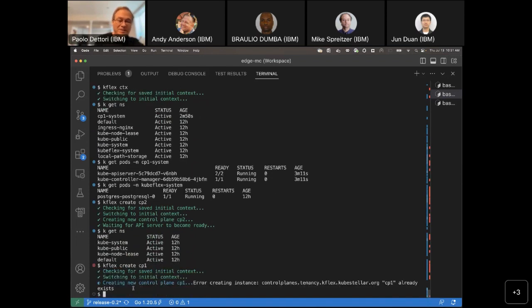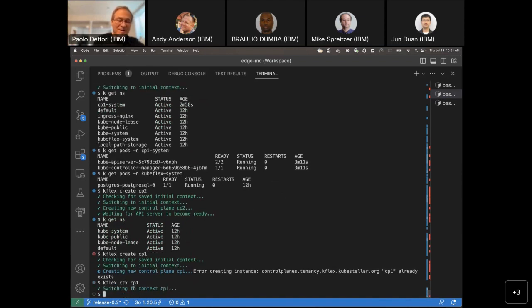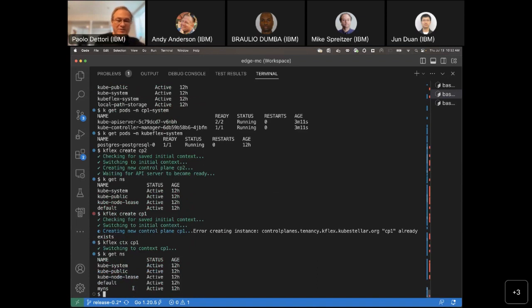I can easily use this KubeFlex. Oh, sorry, not create. I just want to use a ctx CP1. So now in the other context, I can see, but you can do the switching of the context the usual way, right? So now one other feature I'd like to show is that so far what we have created are